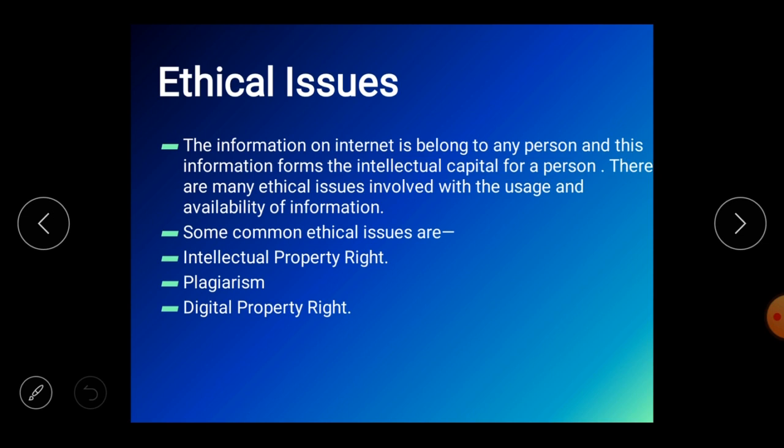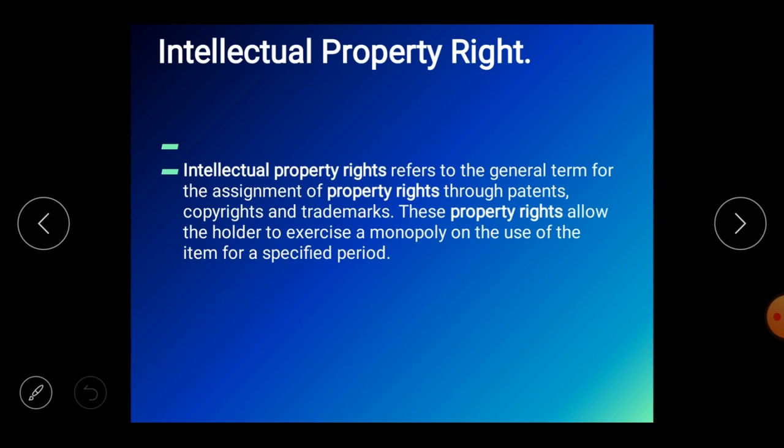In order to prevent data from piracy, we have some preventive measures that we can take to save our data. The first one is intellectual property right. When we have some data on a website, for example, we have written a blog or some kind of post, I am the only deciding person who is going to decide how much data can be distributed or copied or anything else. No one can take the data without our permission.